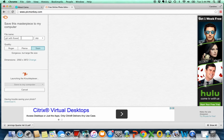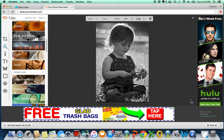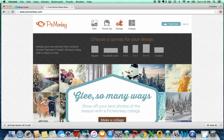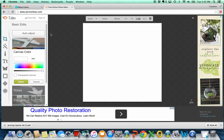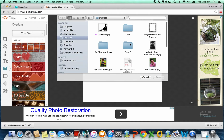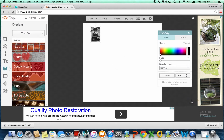Go with flower. I'm going to call it black and white. Save it as JPEG, largest image size. Save to your computer. Save. Sorry, it's a little slow. Okay, masterpiece tag, good. X out of that. And now we're just going to go to design and upload that black and white photo, the girl, drag it out,